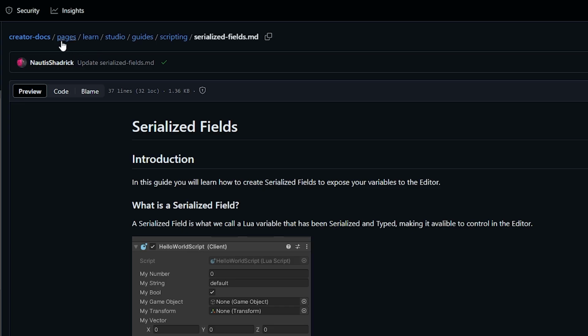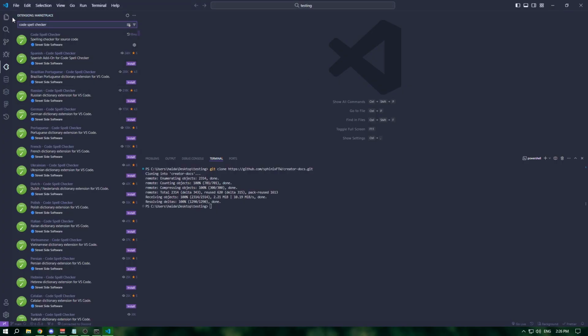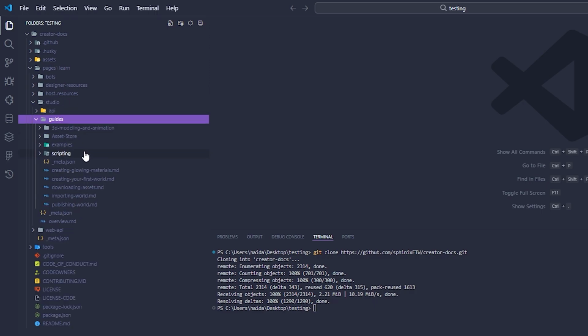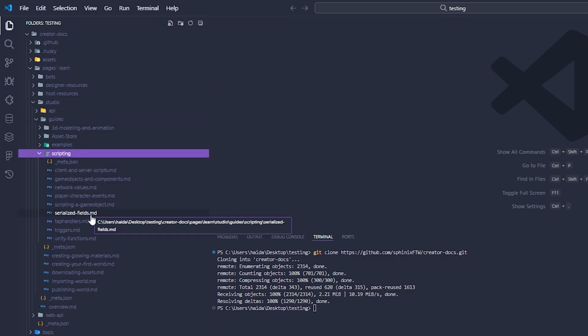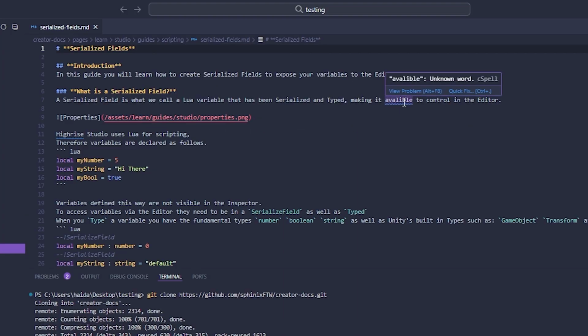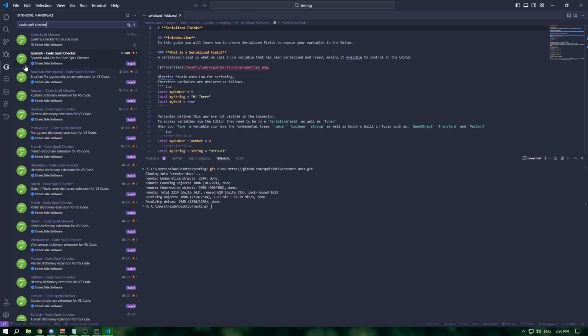So this is the path, which is page learn studio guides scripting. So if you go back to our Visual Studio Code and we search page studio guides scripting and then serialized fields, you can see here that it's highlighted with the underline, and this is only because I have this extension installed. This extension will highlight the words that are grammatically incorrect, and this will help us spot any grammar errors, for